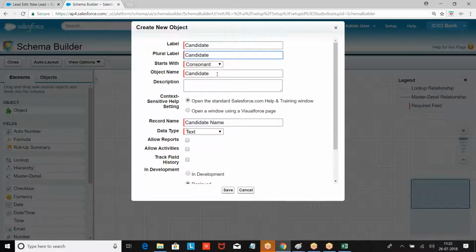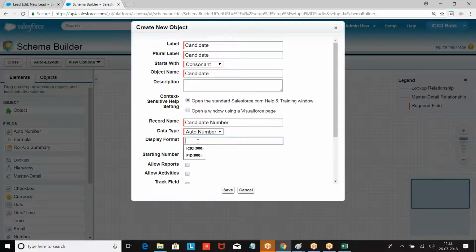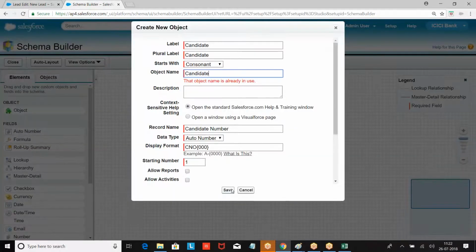Then we are choosing auto number, candidate number. Candidate is already in use.